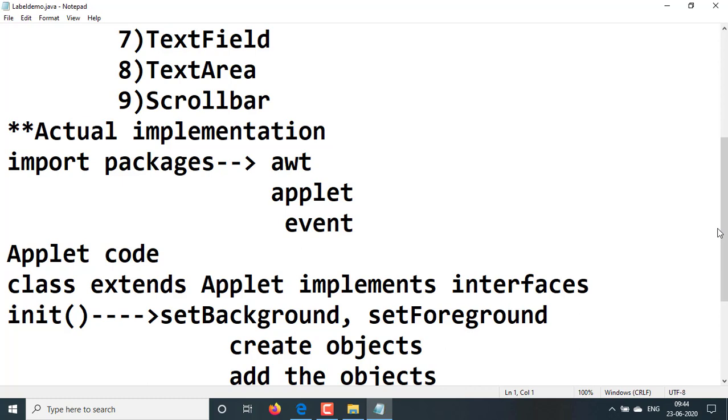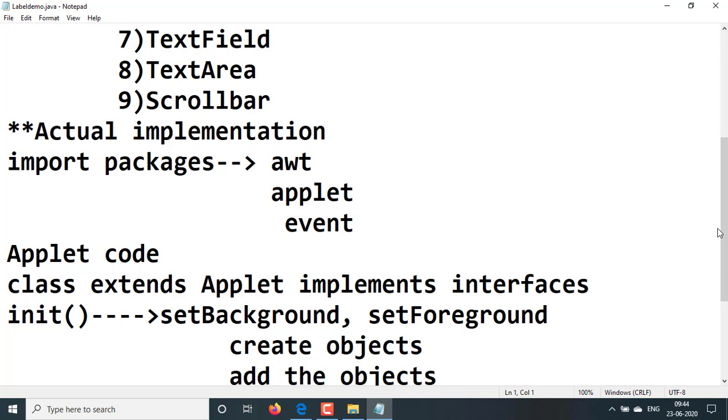First point, importing packages. Next is to write the applet code. In the applet tag, we write the applet code. Next point is to write the class, a public class which extends Applet, because we are creating a subclass. So extends Applet, implements interfaces.